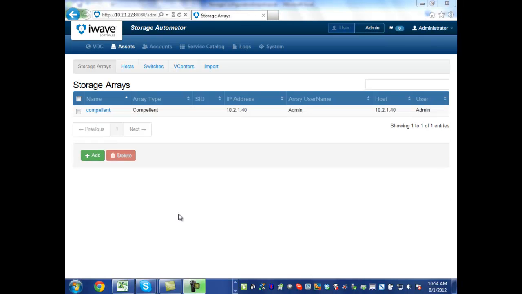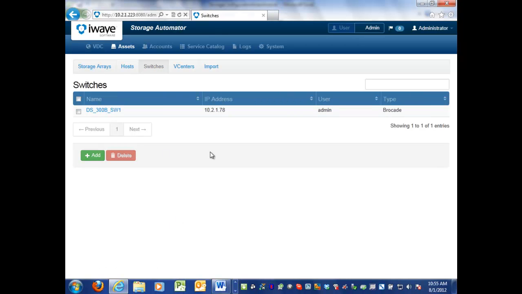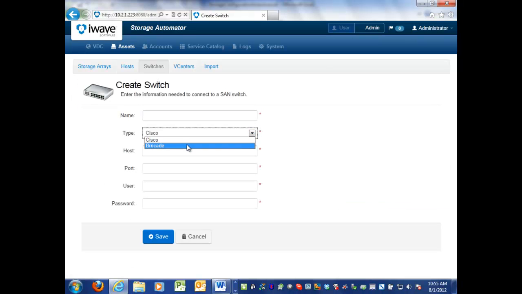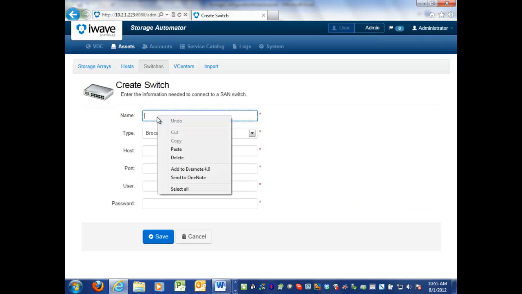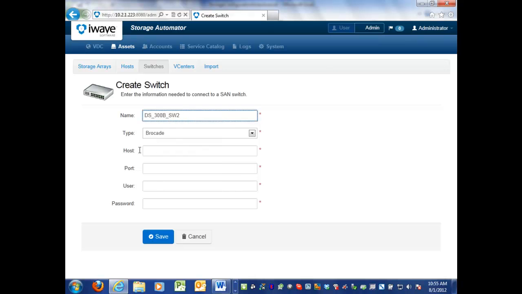Completing steps 3 and 4 is just as easy as adding a storage array. I'm going to click on Switches. I'll see that I already have one Brocade switch registered with the tool. I'd like to go ahead and register the Brocade switch for the redundant path, so I'm going to click on Add. I'll click on Type of Brocade, enter in the name of the switch,